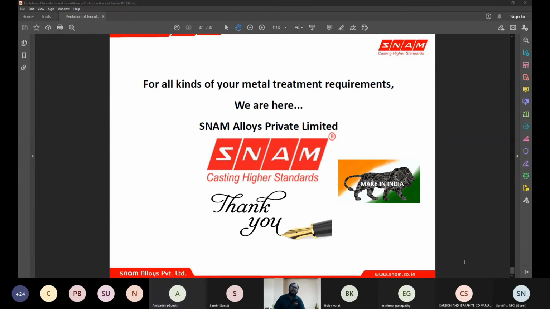In case of ductile iron, say if it is a thick section where you are going to target nodularity, or a section where you have more hot spots where a shrinkage-prone area is about to be there, then your inoculation percentage has to be more. So it is not the amount of metal which decides the inoculation, it is the property which you are targeting to achieve.